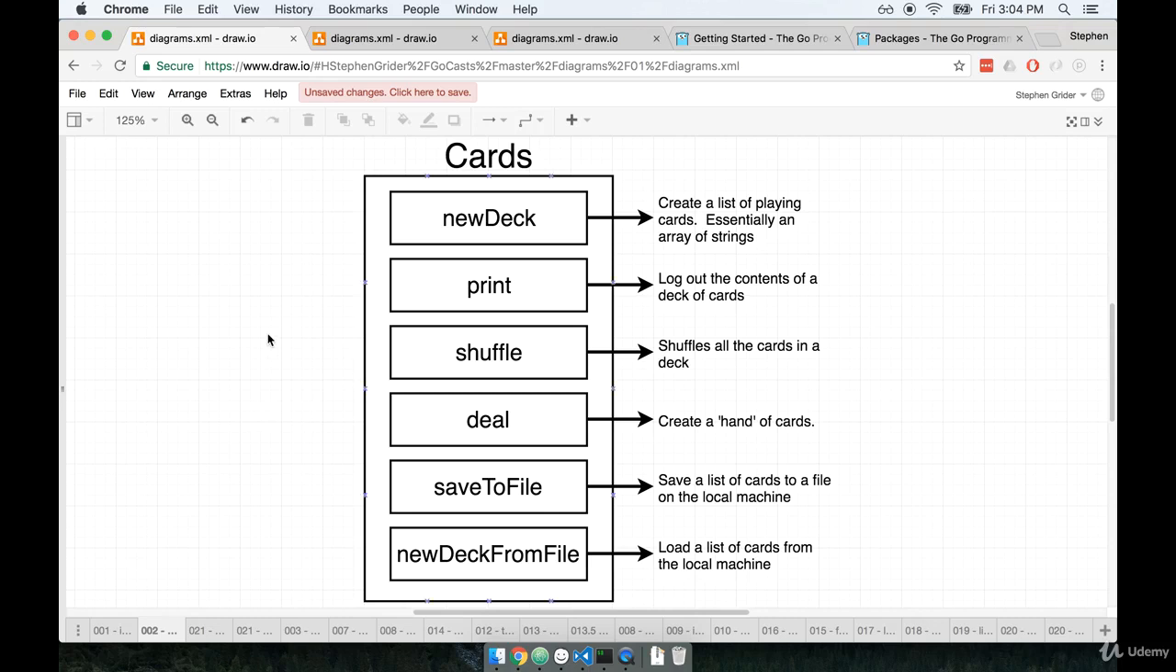Now the package that we create is going to have a couple of different functions inside of it that we are going to create to simulate messing around with a deck of cards. So let's go through a couple of these different functions and their purposes. The first function that we make is going to be something called newDeck. Whenever we call this, it will create a new deck of playing cards, which we're going to imagine is essentially like an array of strings or a list of strings, where each element in this array is going to represent